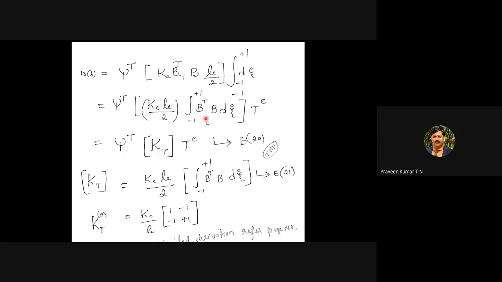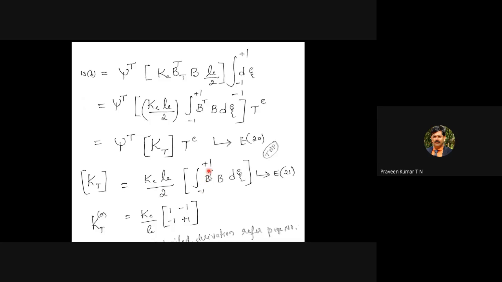We know what B transpose is. This whole term within the square bracket is nothing but the thermal conductivity matrix. This part we have derived in the previous equation, the Galerkin approach for conduction only. It is the same as the previous equation that we derived one week before. So finally, we have the equation for the thermal conductivity matrix, given by the thermal conductivity of the element into the length of the element divided by 2 into the matrix.